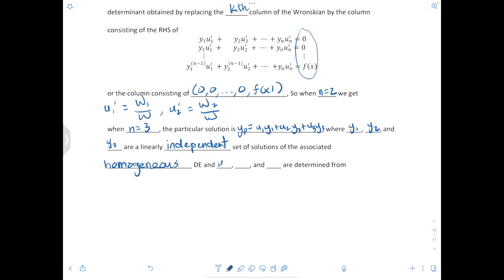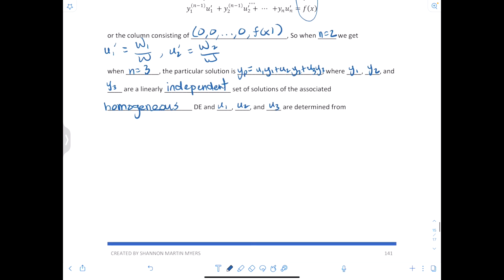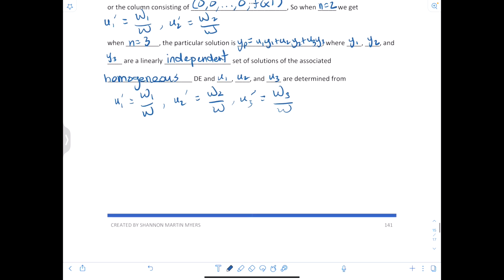And u1, u2, and u3 are determined from u1 prime is w1 over w, u2 prime is w2 over w, and u3 prime is w3 over w, where, of course, w equals